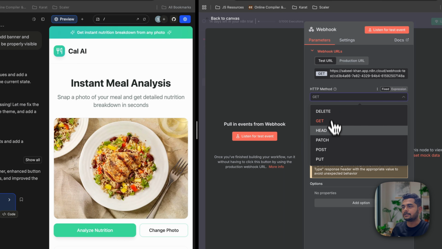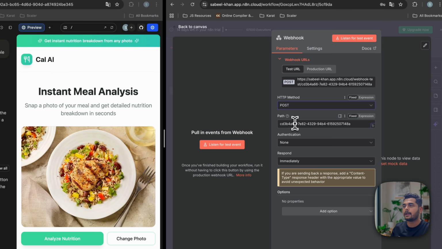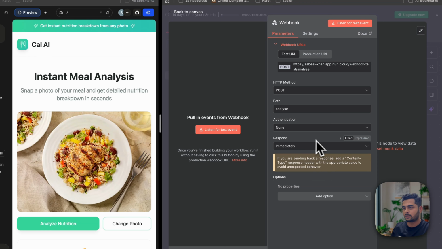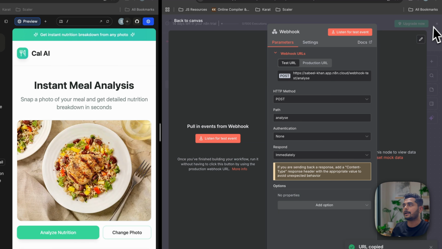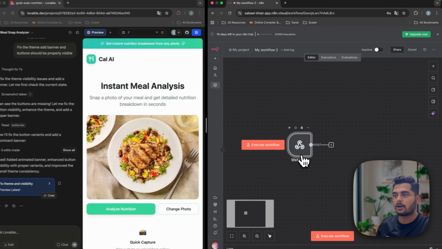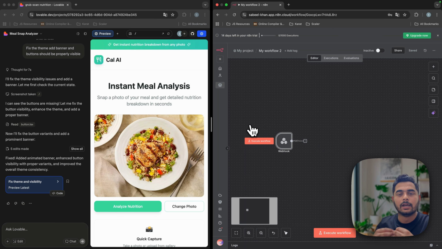And I'll change the method to POST because we'll make a POST call from the application, and I'll make the path and I'll call it analyze, right? Like this. Authentication, we can keep it as none. And I think this is pretty much of it. And I can click here and click on save. So you can see we have now set up a webhook endpoint wherein we can